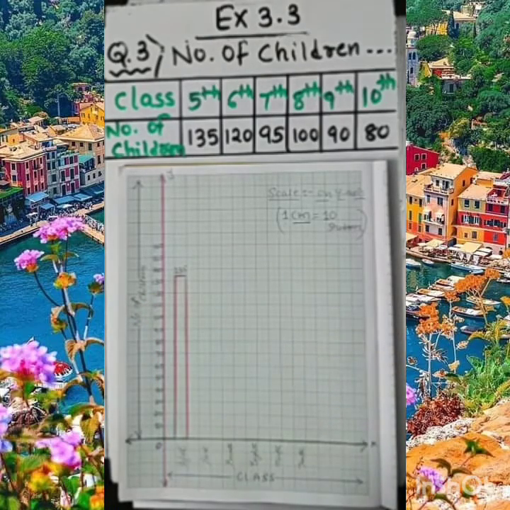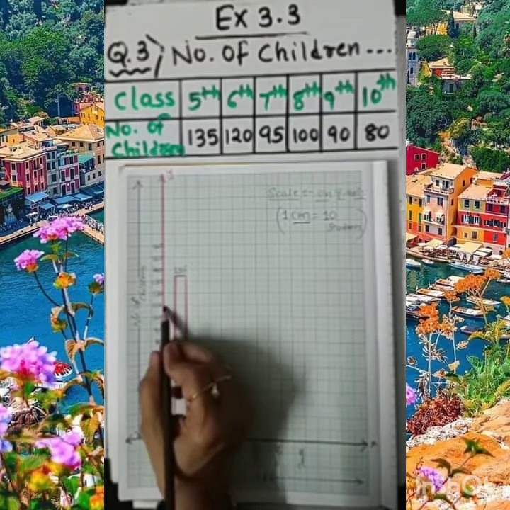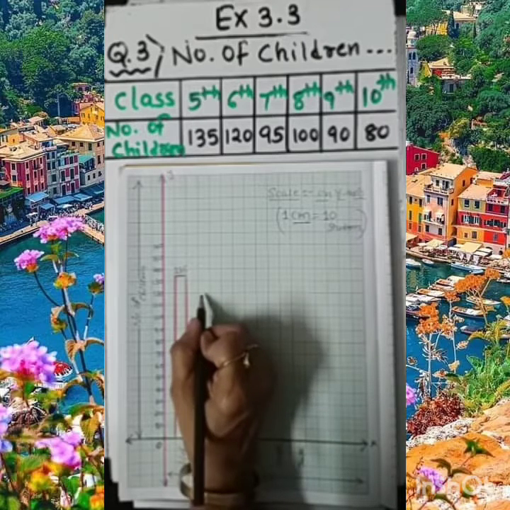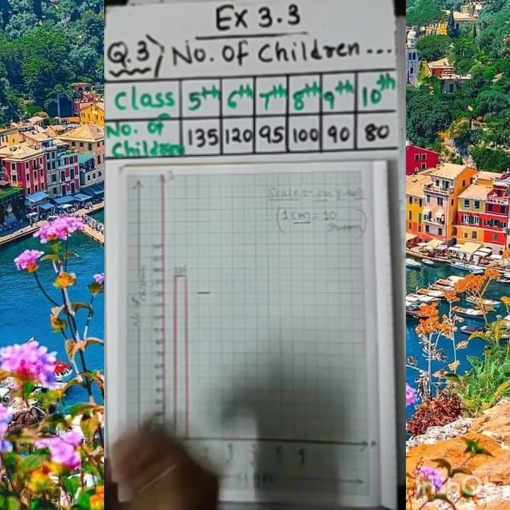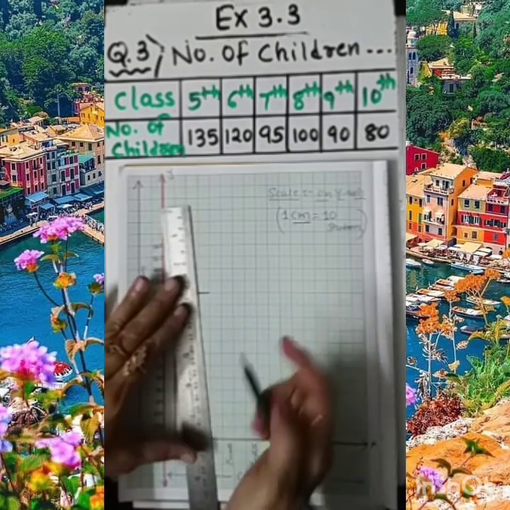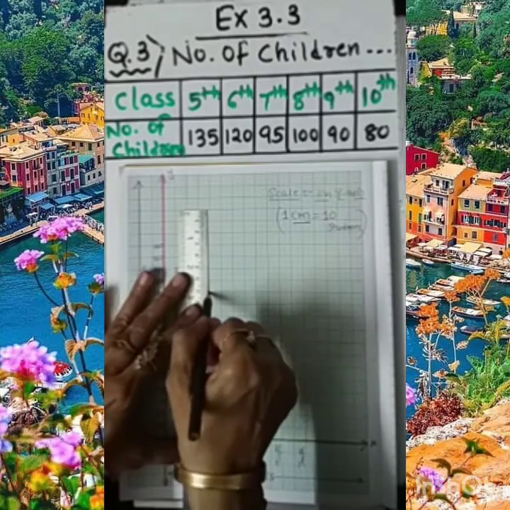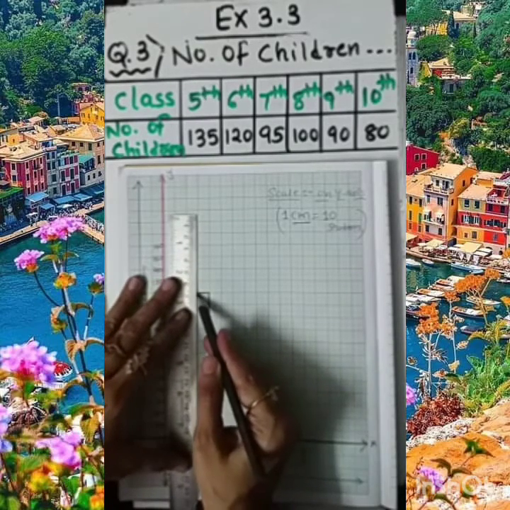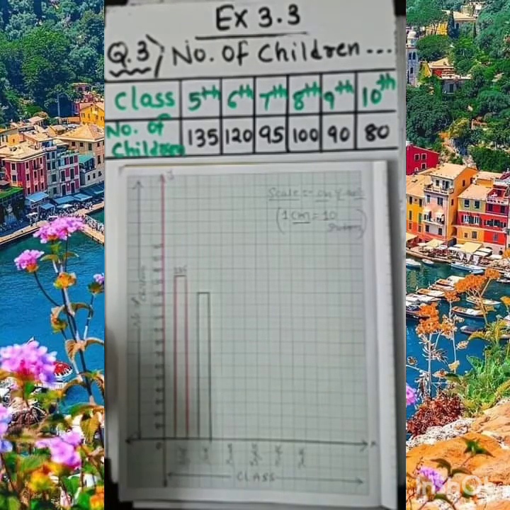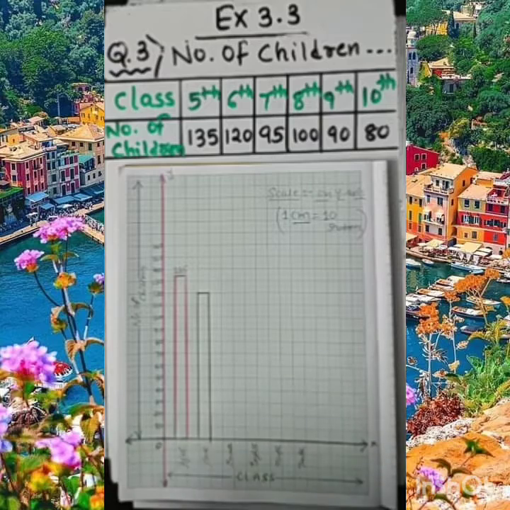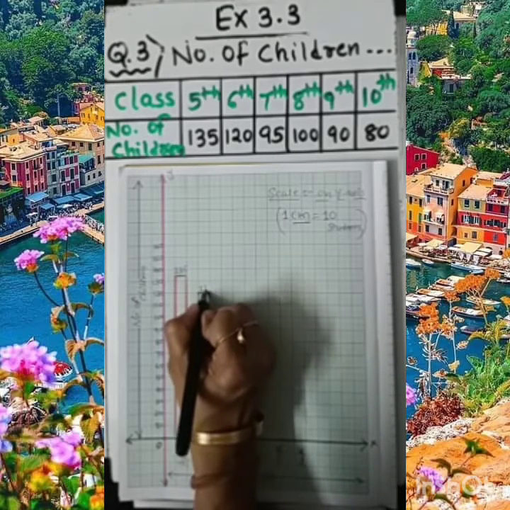Then next we have 120. So where to locate 120? Just see, 120 can be located here. This is 100, 110, 120. So let me draw the line this way, and now I am joining this line with this, and with this line I am drawing the bar over here. That is one of the columns. That is what I am calling 120. I need to mention the observation here.